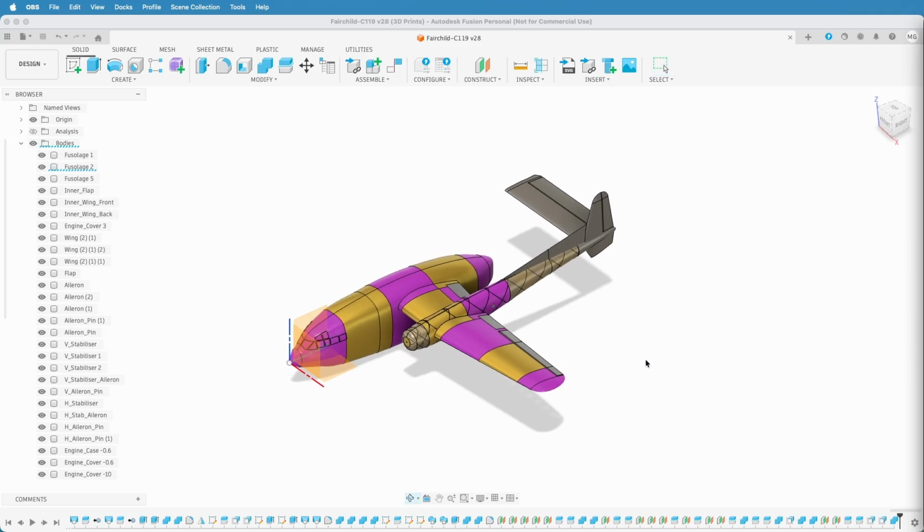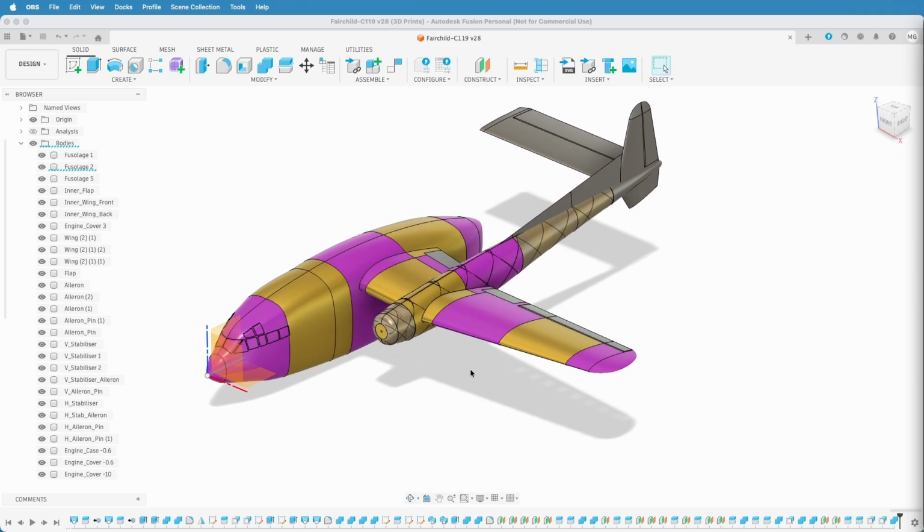So let's start with recreating these ribs as a solid. So I am going to